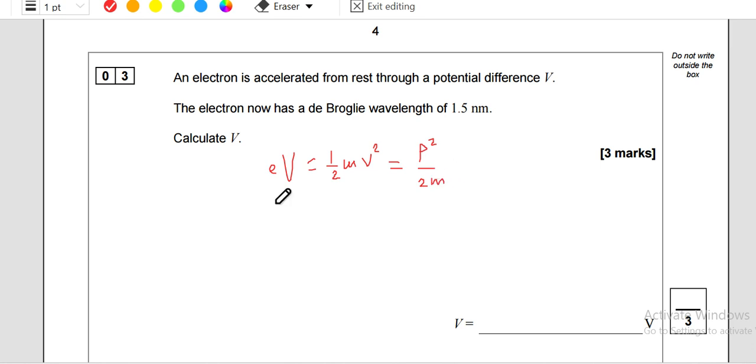So if we want V, the accelerating potential, we should first find p and then rearrange for V. We know that p equals h over lambda, so we can simply substitute